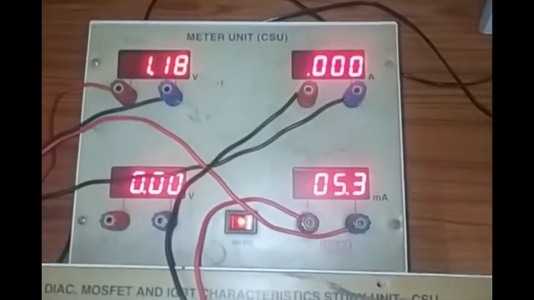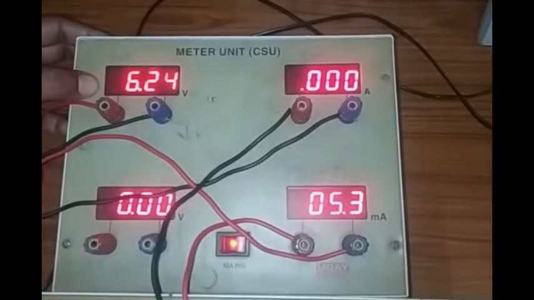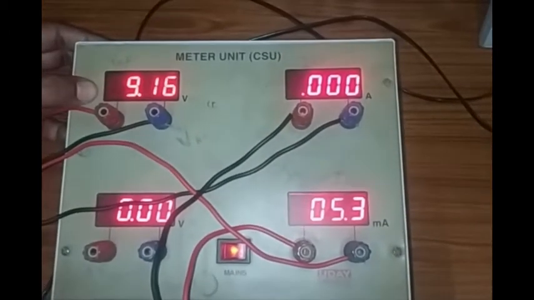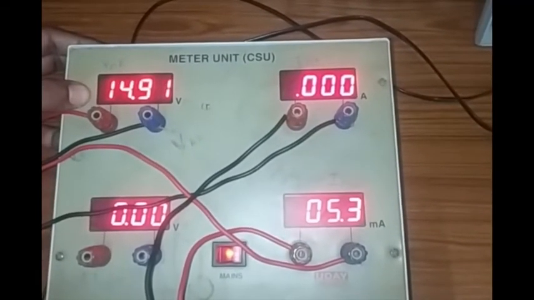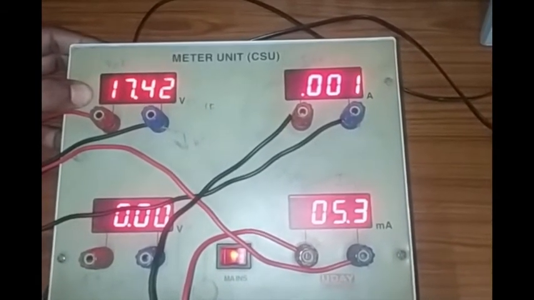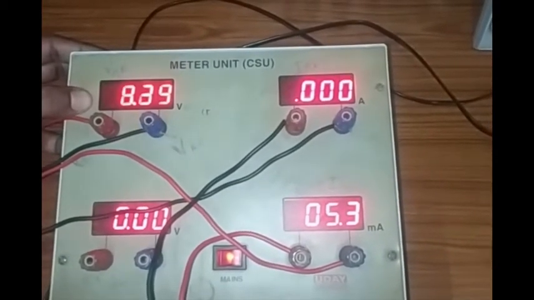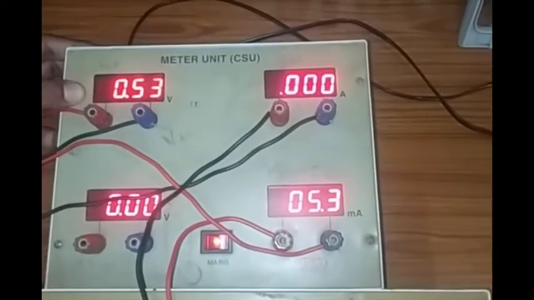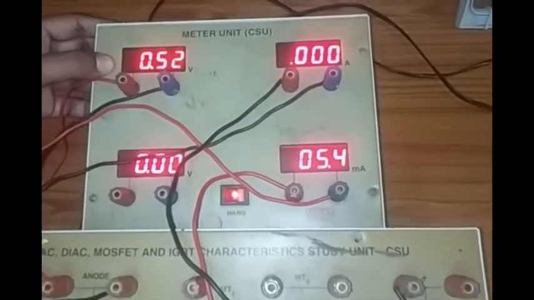Then again you have to check the breakdown voltage slightly. So it is increasing, current is still 0. Okay, so if this repeats, then again you have to repeat the procedure. Okay, so we'll show that.